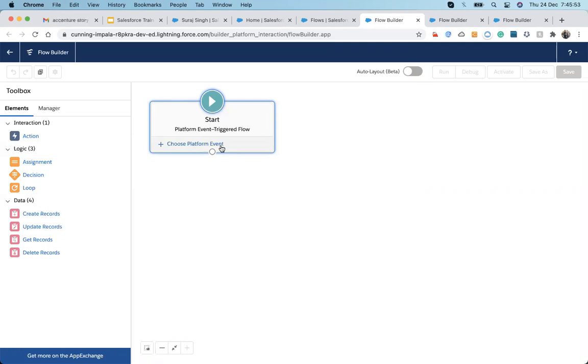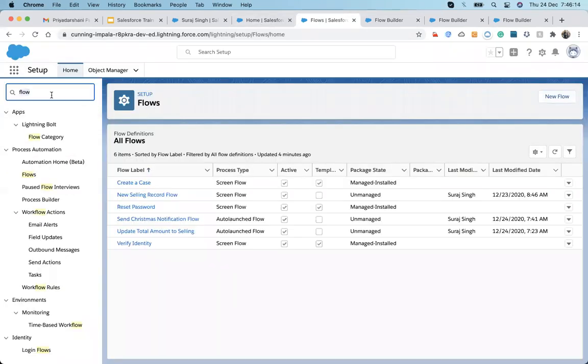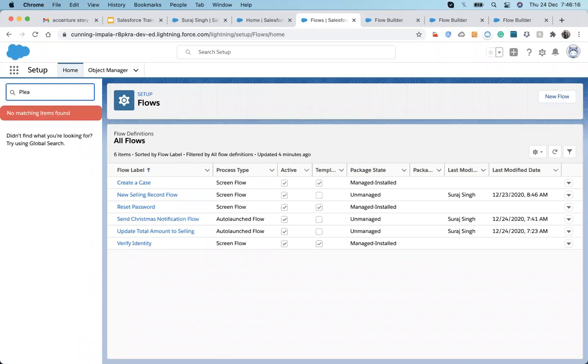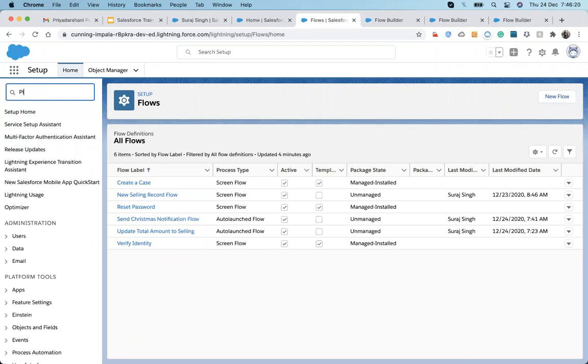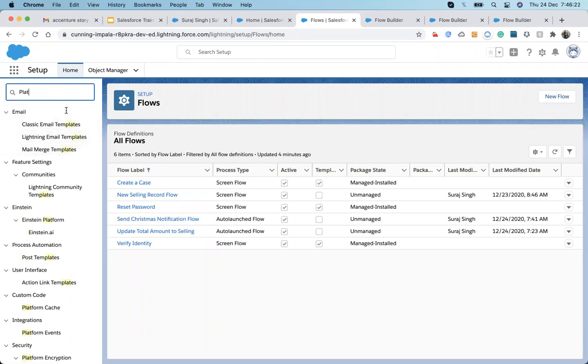So this is the kind of thing: we are subscribing to the platform event, and once the change happens, it will notify all of the users. Whoever subscribes gets the notification and performs the action they have to do. Creation of a platform event is quite similar to how we create an object.